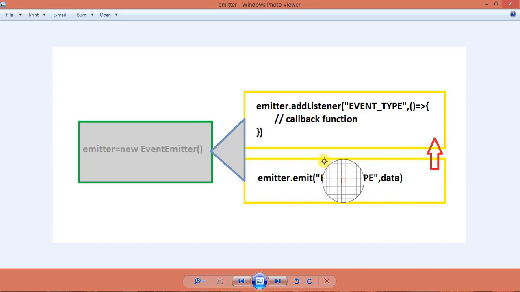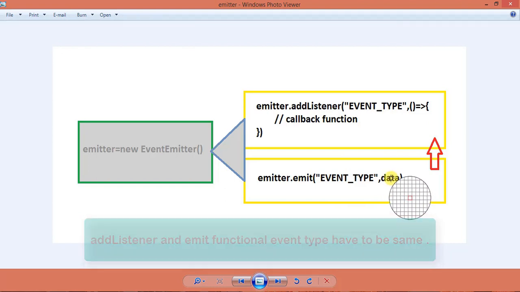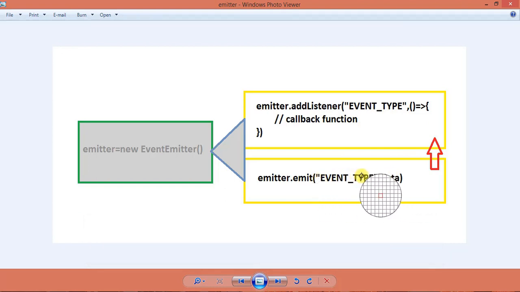Once any action is triggered, we can call the listener, and this listener is going to be inside the notification component. Here we have to pass an event type, and that event type has to match with this emitter. It will come with one data. So the emitter has two parameters: first is the event type and the second is the data. You can pass data, and that data can be received by the callback function, the second parameter of the listener. As you can see here, this instance has been created only once, and this emitter is shared here and here. So we are going to do the same thing.